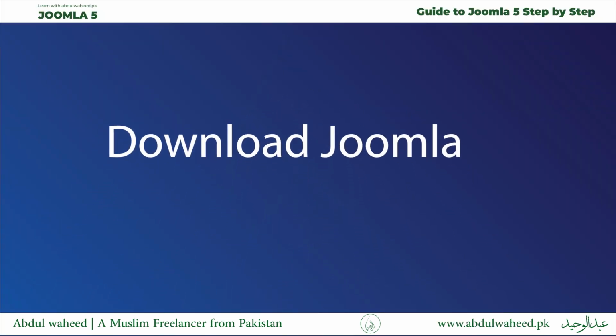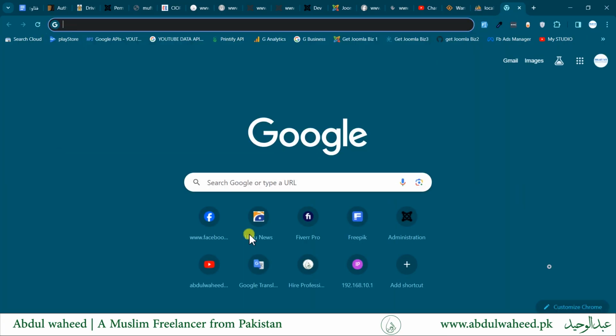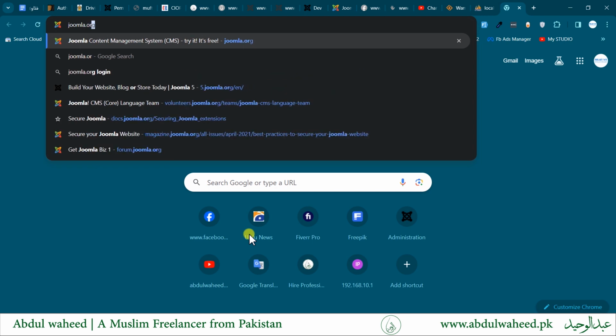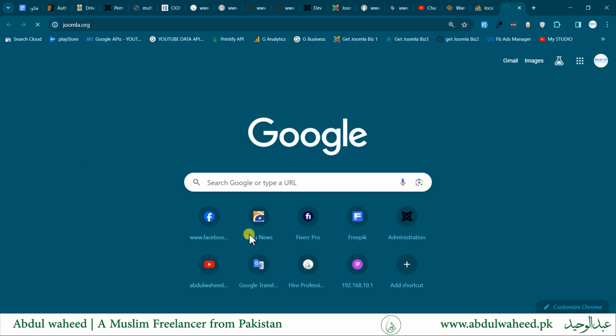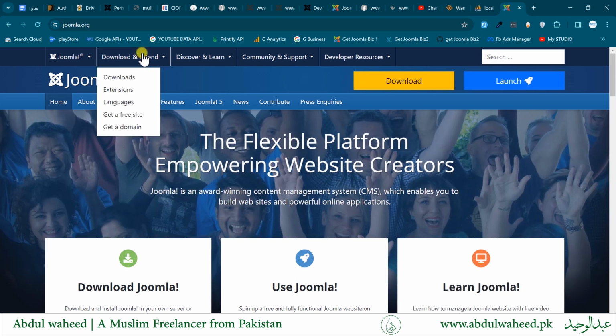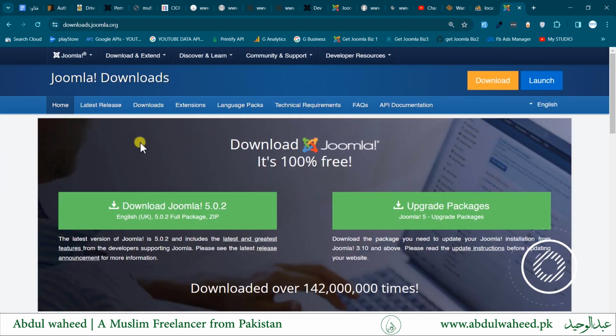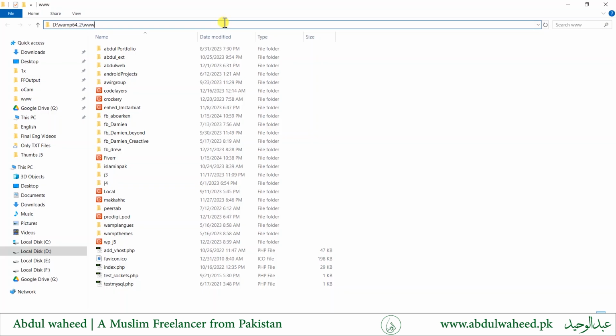In the next step, step 2, we will download Joomla. We will go to joomla.org, go to Download and Extend, and download Joomla. Here is the latest version available. We will download Joomla 5.0.2. This is the installation path of the WAMP. Inside the www folder,